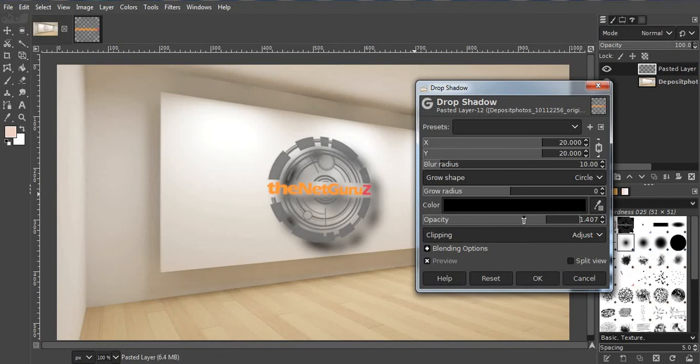So for our logo, let us increase the opacity. Let us change this grow radius also, make it that is good enough.